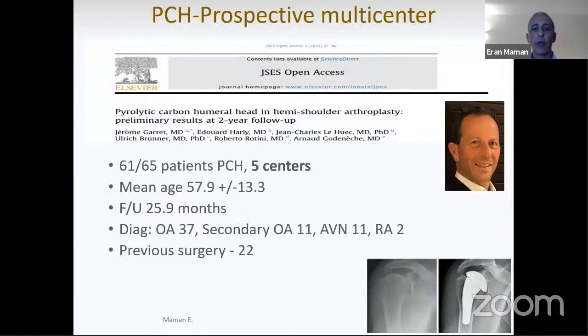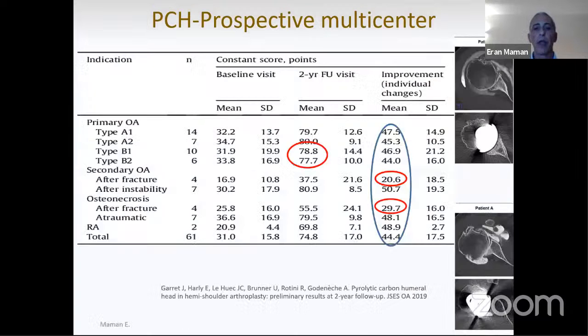However, another group from France, 61 patients, used Pyrocarbon head in 5 centers. Mean age was 57.9, and the follow-up was at least or more than 2 years. Again, osteoarthritis in 37 patients, secondary osteoarthritis in 11, AVN in 11, no fracture as you can see. And these are the results with the Constant score points. So you can see that the points that people gained after the surgery was mostly around 40 to 50 points, which is wonderful,